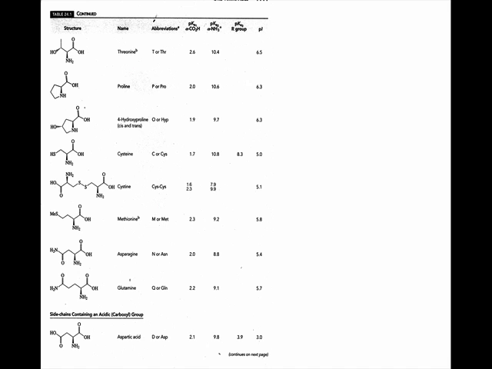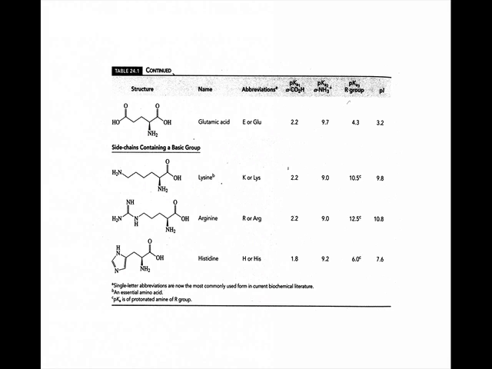So we also have amino acids that contain acidic side chains, and so you have another pKa that you have to keep in mind. Here's aspartic acid, and you can see the pKa of the other carboxylic acid group, which is out here. Is that more or less in line with what you'd expect for a carboxylic acid? That's more in line with what you would expect, because it doesn't have an amine on its alpha carbon. The amine is here, so this carboxylic acid is a little lower than you might predict for a typical carboxylic acid. Glutamic acid is another acidic one.